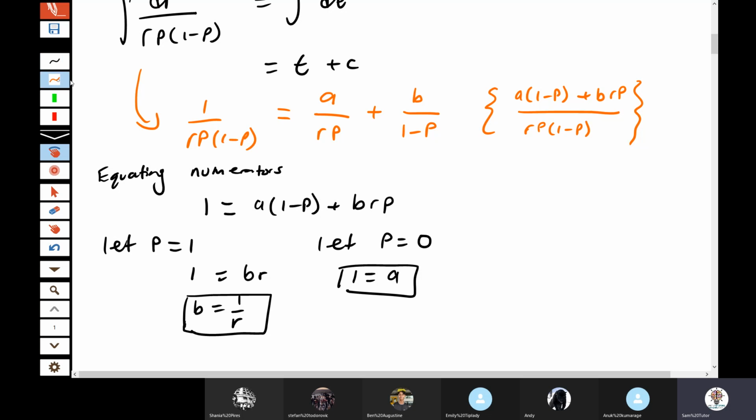So now this bit in orange, which I'm going to change to green, can now be written as a over rp plus b over 1 minus p, where r is just a constant and p is your actual variable. So something that we couldn't integrate before can now be written in terms of two fractions, which hopefully we can integrate. Okay, again, as a 3-unit, let's say band 3, band 4 question, they will say given,